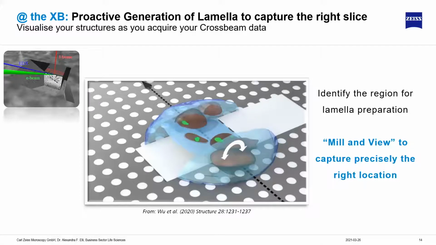So without sufficient contrast in the image, it is impossible to see the structure of interest, and then the location of the lamella needs to be done with guesswork. And that is nothing we want, right? So